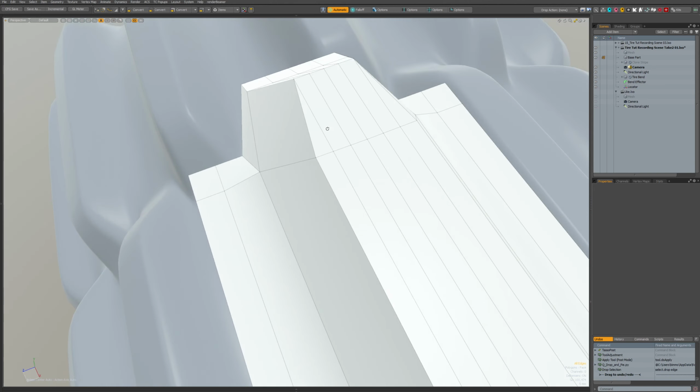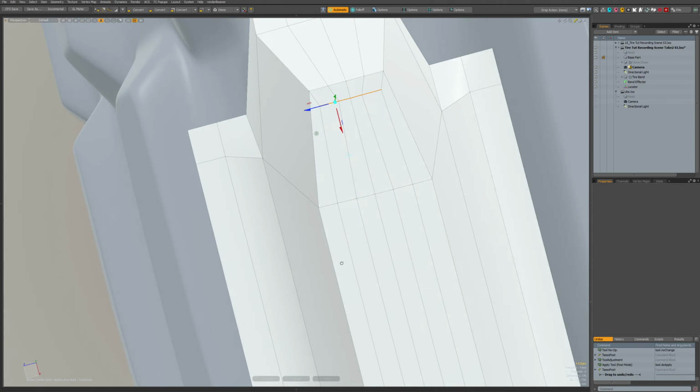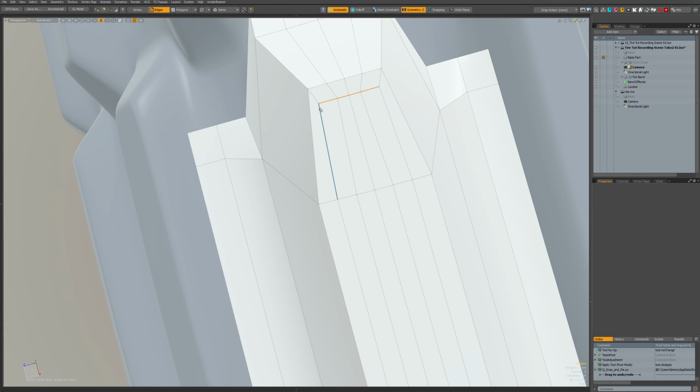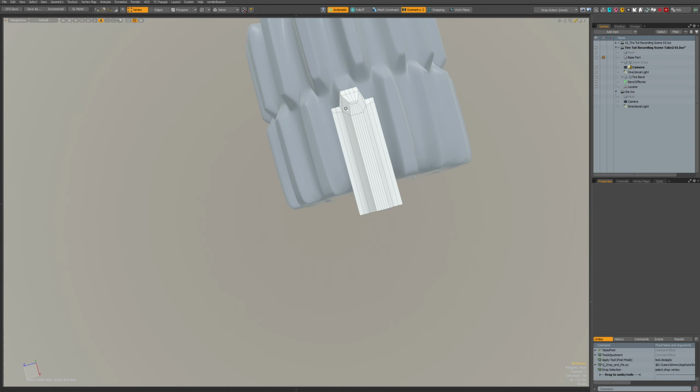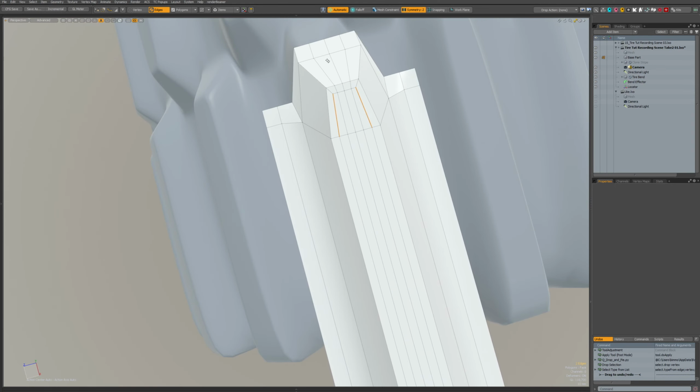We have triangles, we get rid of them like this. Okay, that's fine for me.